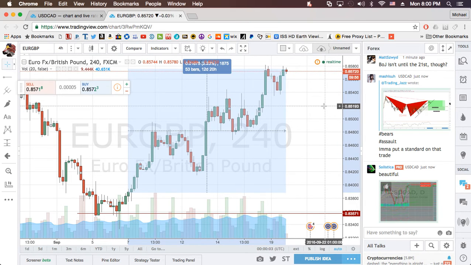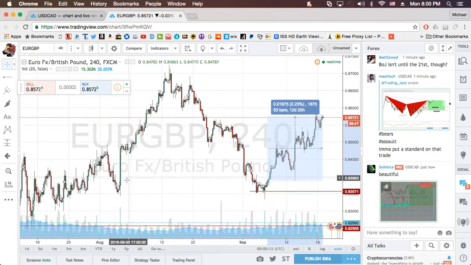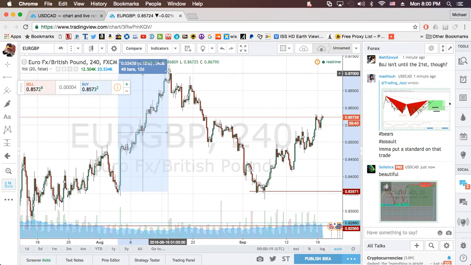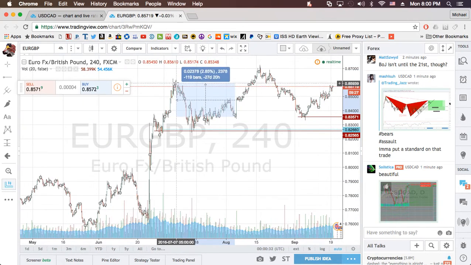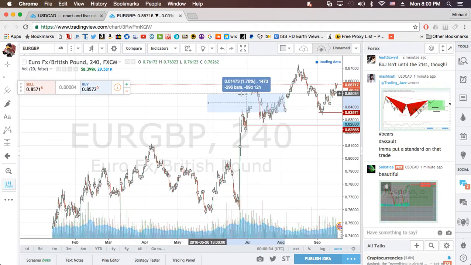So all you've got to do is ignore it, because it bounced off that big support line you drew there. If you looked back, the last time it hit that support was also a 200 pip move. So that gives you the indication and the confidence that if this support line holds and it bounces, it's going to bounce big. If you look at it now, we're at like 200 pips. So it gives you the confidence to say, I'm not going to touch it. Just let it ride. I'm not going to try to get out of it every time it dips. Move my stop loss up every now and again.